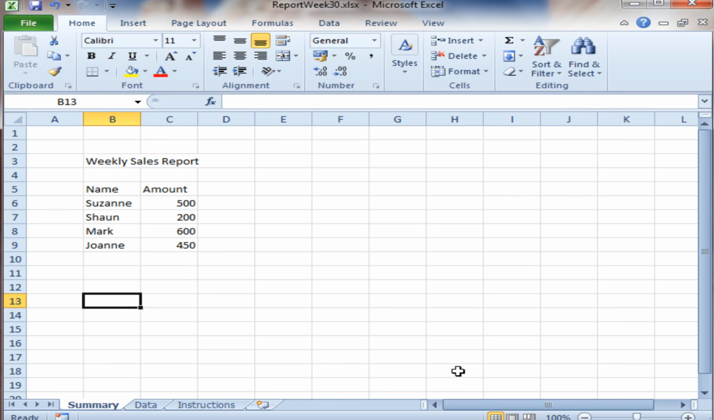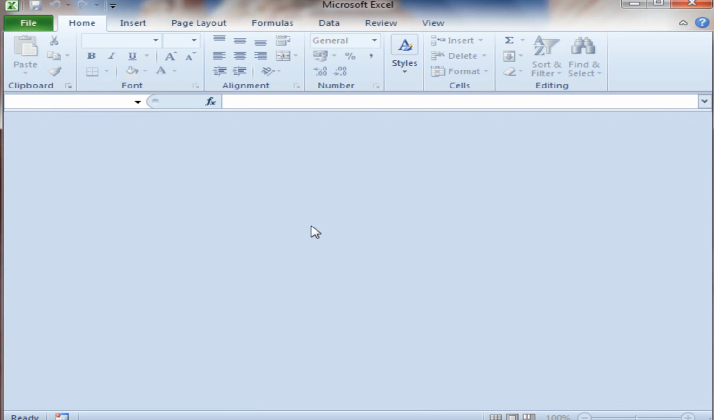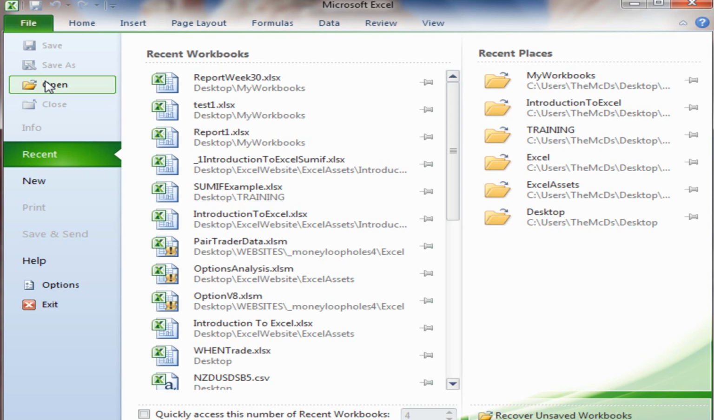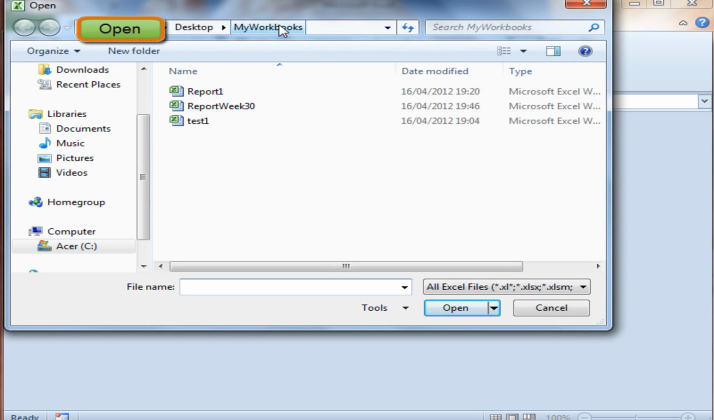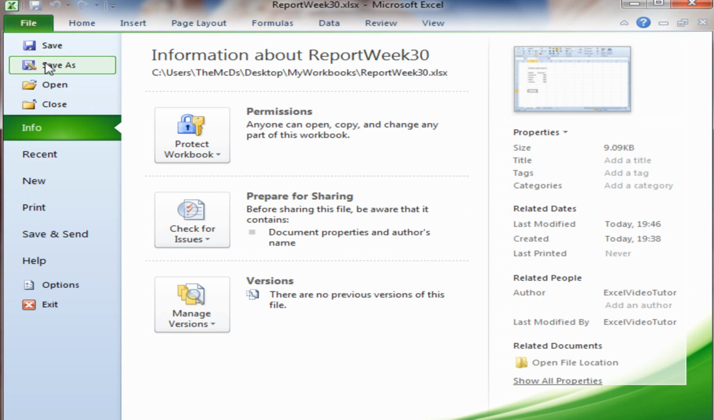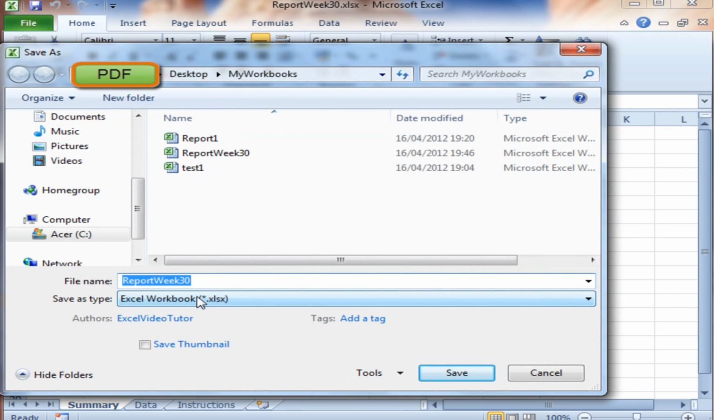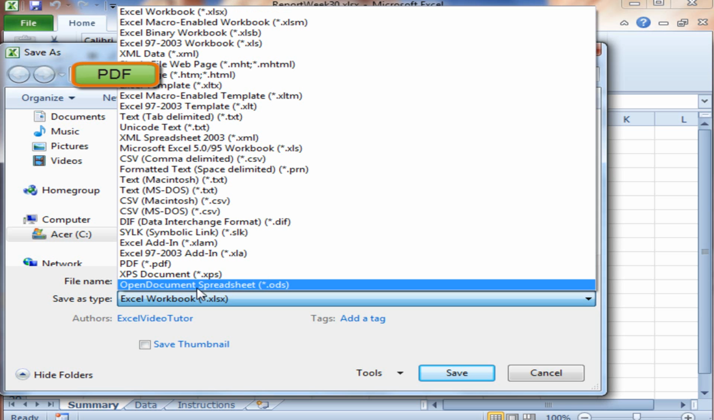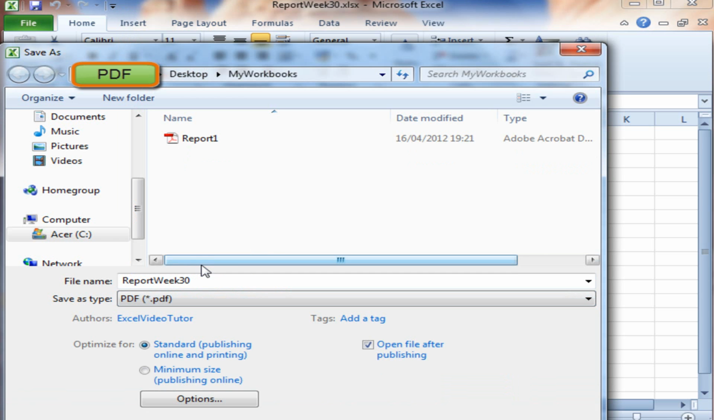Right, that's saved. Let's come out of it and go back into it. Do that by going File, Open, locating the folder that it was in, and clicking on the report and Open. Now, I want to save this as a PDF to send up the line. So let's save it again. File, Save As, drop down, search for PDF, save that,